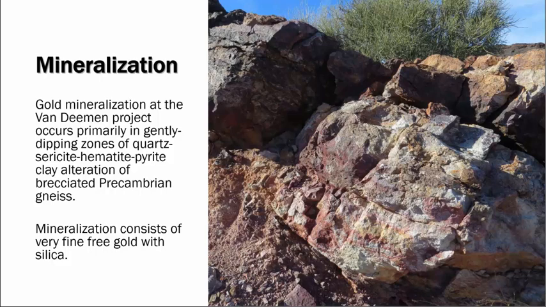Gold mineralization at Van Deemen occurs primarily in gently dipping zones of quartz, sericite, hematite, pyrite, clay alteration of brecciated Precambrian gneiss. The alteration zones are spatially associated with rocks generally exhibiting an open style of brecciation. These quartz breccias often contain mixed fragment types, including brecciated chunks of vein quartz. The matrix supporting the breccia fragments appears to be made up of finely pulverized rock flour, subsequently replaced by fine-grained